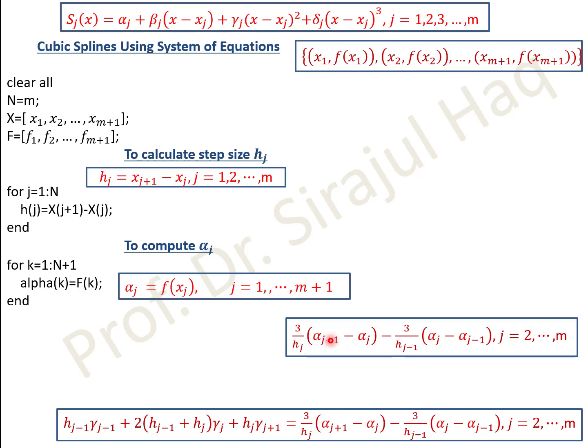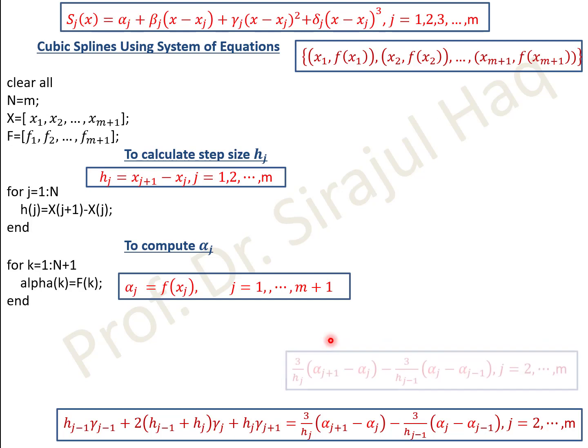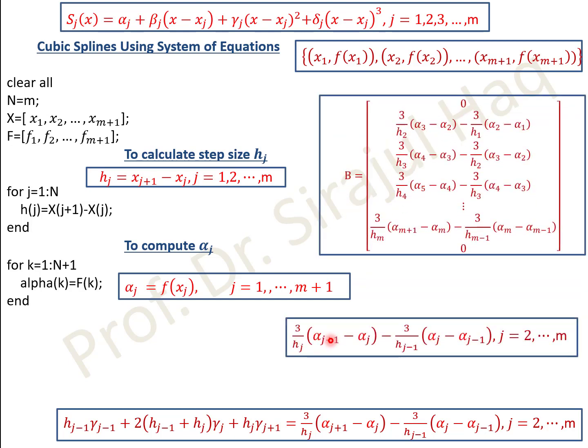And if you recall, this was the matrix for the natural splines, the matrix B. Remember, it starts from 2, starts from this and reaches up to m, up to this one. The first and the last row correspond to the boundary conditions. So I'm just focusing on this portion now, on how I will generate this one. First of all, I have denoted that by B. So let me define.